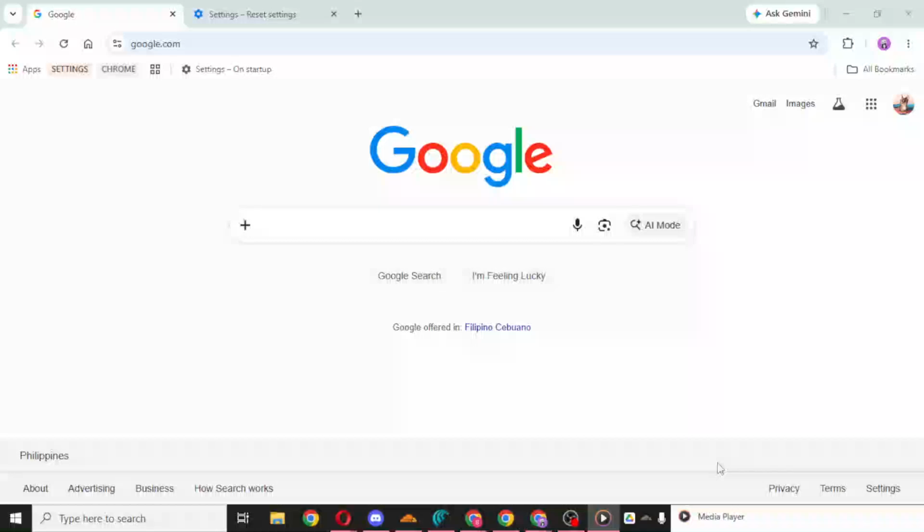In today's video, I'm going to teach you how to remove search engines from Chrome and remove unwanted search engines. If your Chrome browser has extra search engines listed that you no longer use, or maybe one was added by accident, this is a quick setting you can clean up in just a moment. Removing unwanted search engines can help keep your browser organized and make it easier to choose the search provider you